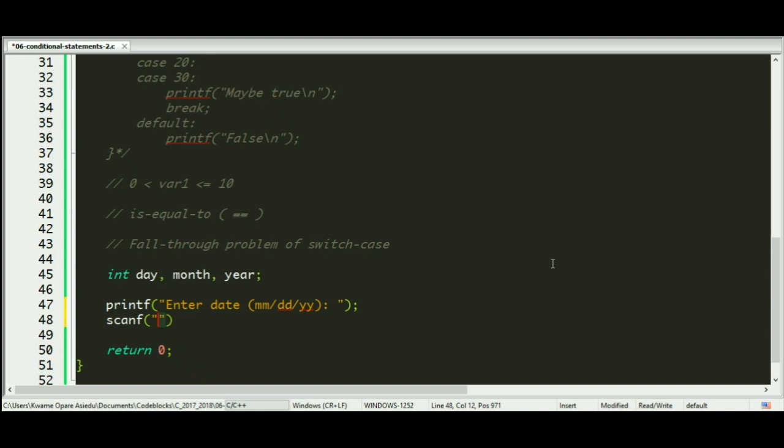So over here, we know that we are expecting a month with a /, a day with a /, then the year as well, right? So we'll store it in variables month, day, and then year, right? Okay,